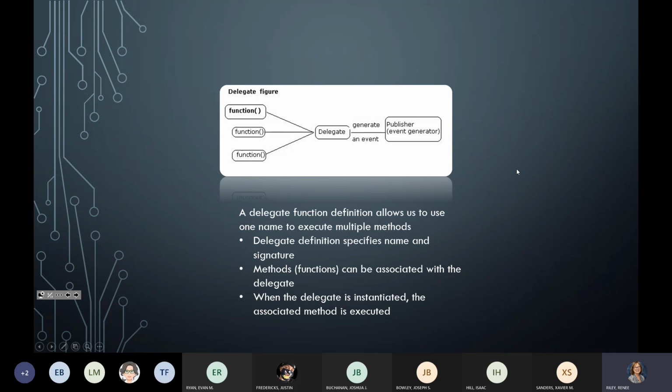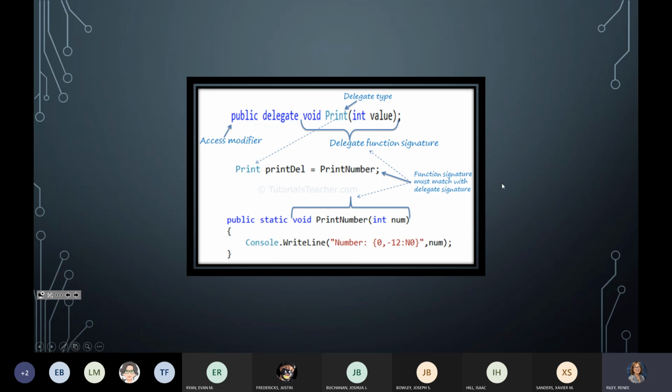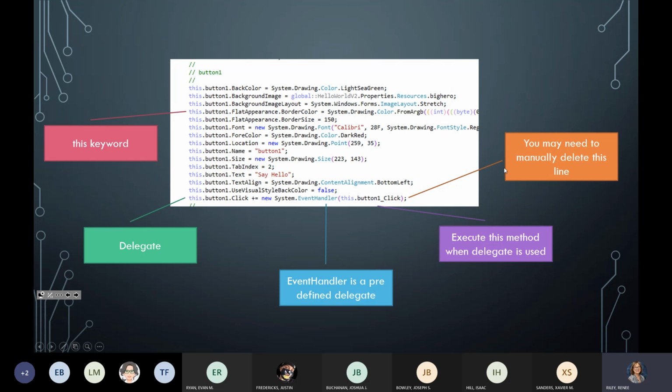We can use these delegates for a lot of really cool things. I could have multiple functions, and then I could determine which function to use based on a delegate. Here's a fancy one. Here I have created a delegate called print. Whenever somebody uses the print, basically looks like a class, the print type here, then my function signature will determine which method gets run. It's pretty complicated, but here's what gets generated in our C# code behind the scenes in